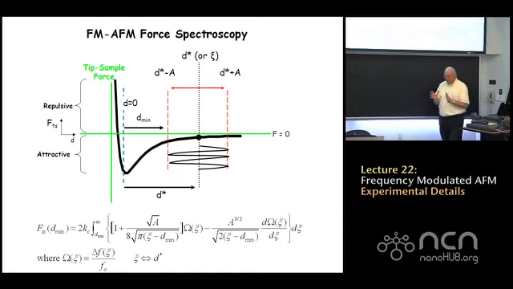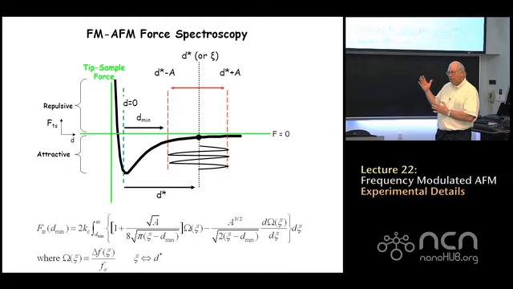The other advantage of these FM AFM tuning fork modes of operation is that you can do force spectroscopy. This is something that's really interesting to, let's say, physicists, because if you can really measure the shape of that tip-sample force, then you can start to directly compare the tip-sample force to these simple models that we discussed back at the beginning of the semester that involve van der Waals, DMT, Hertz. So to me, this is a really cool way to check the validity of those models